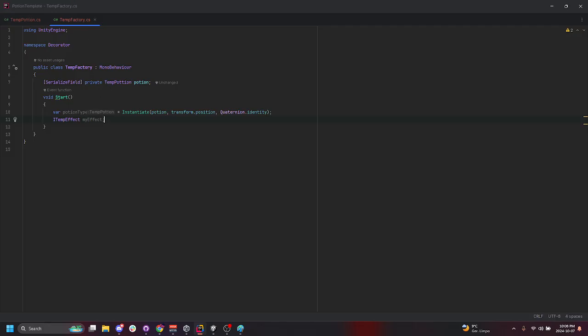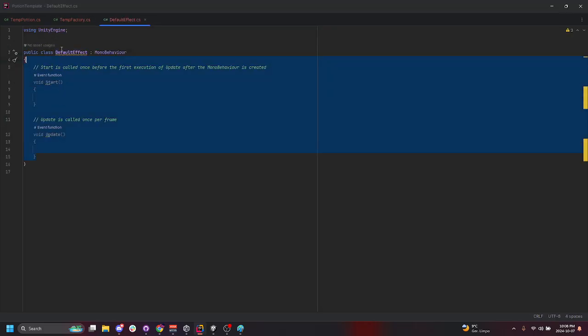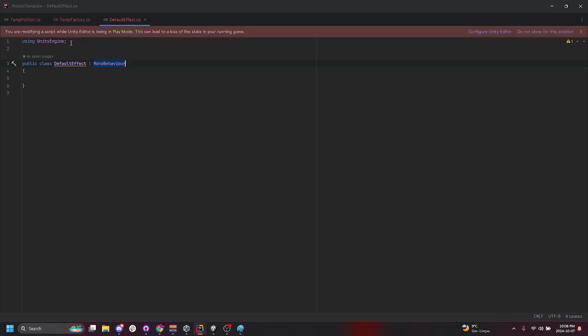So I'm just going to open some of these other files here. Firstly is the default effect. Now the default effect needs to be able to exist completely on its own. So it's only going to extend the ItemP effect. And it's going to implement our namespace. The temp effect decorator